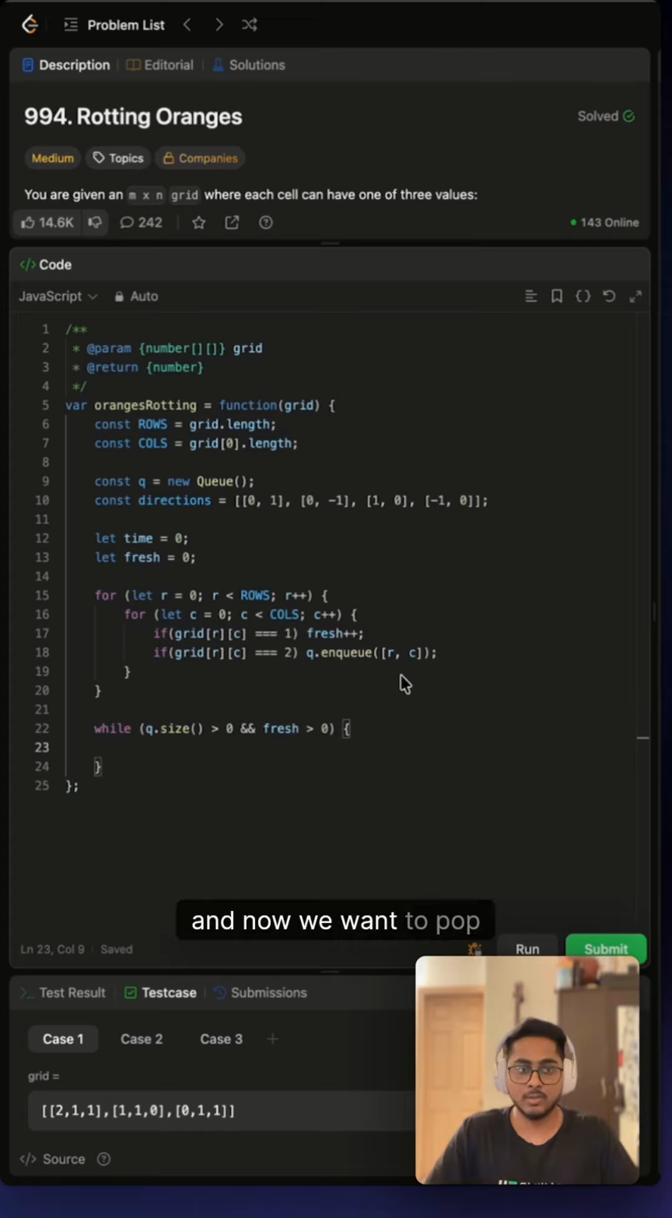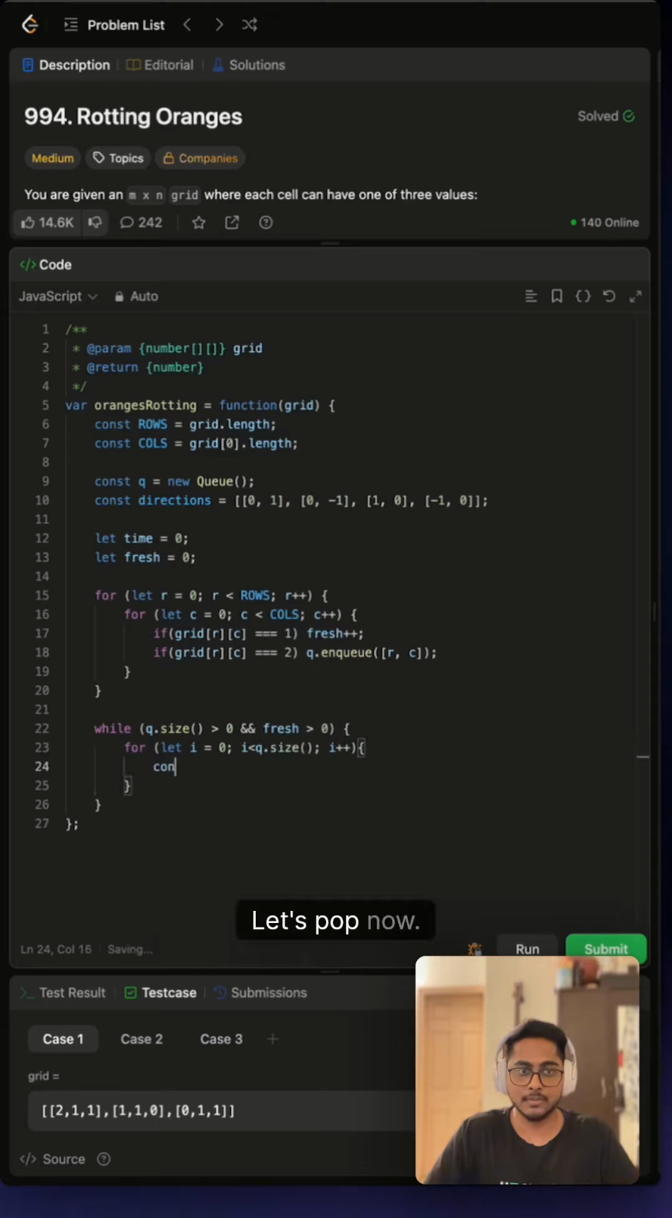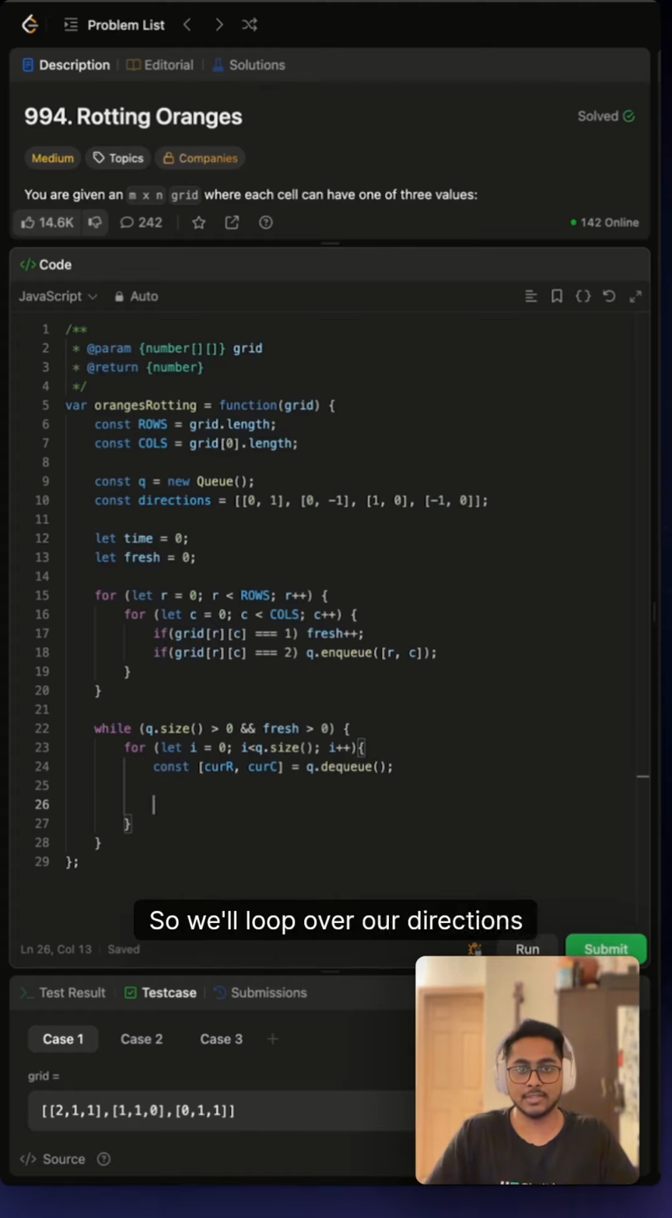And now we want to pop all of the elements which are in our queue, and at the same time we want to mark the adjacent element as rotten. So let's do that. Let's pop now, and now let's mark adjacent elements as rotten. So we'll loop over our directions,